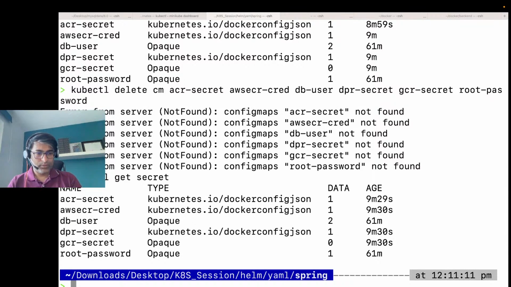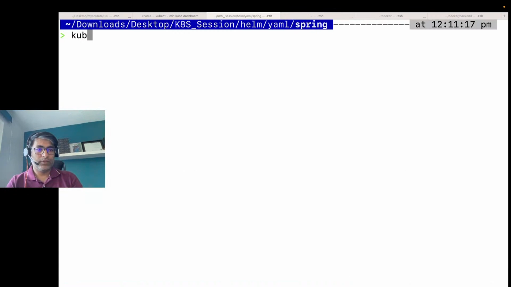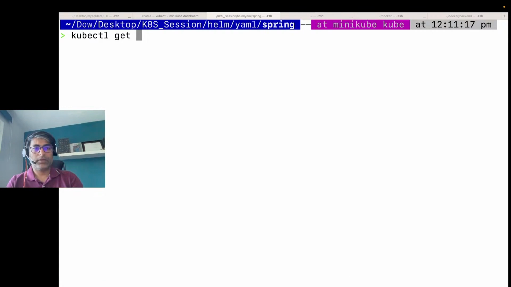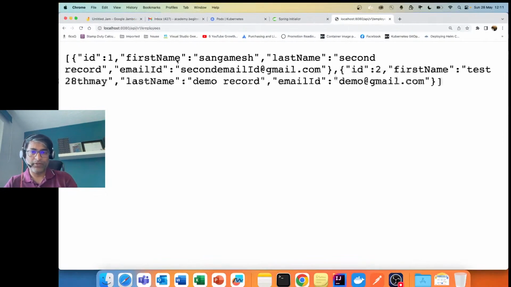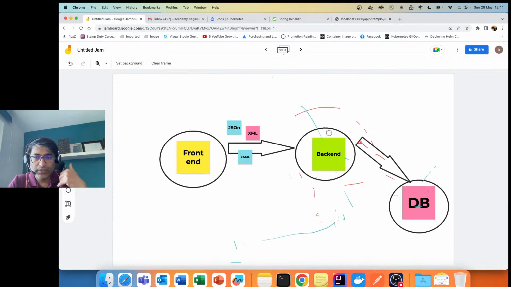Okay, the required ones got deleted for us. That should be okay. So now to start with our backend Spring Boot application, we need to